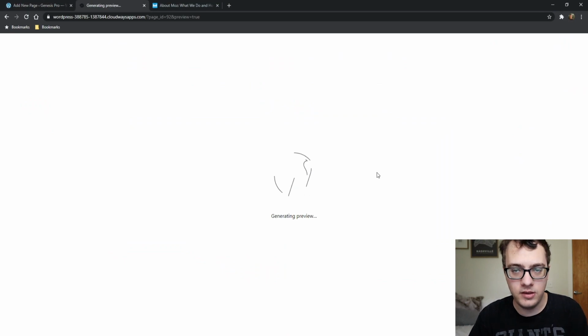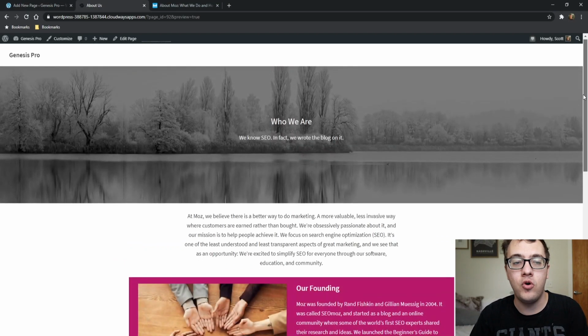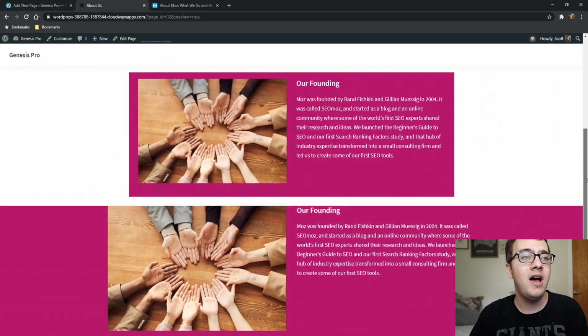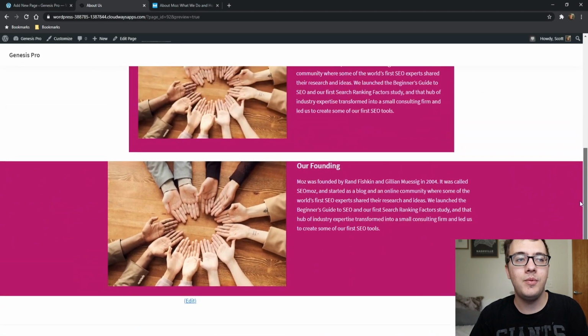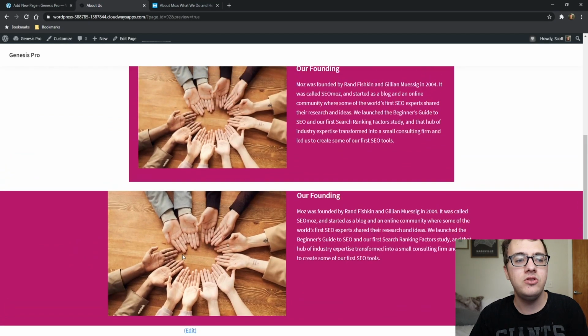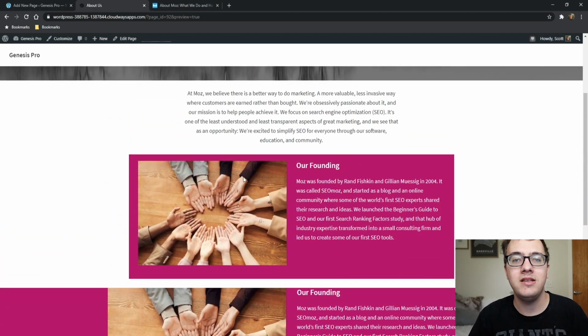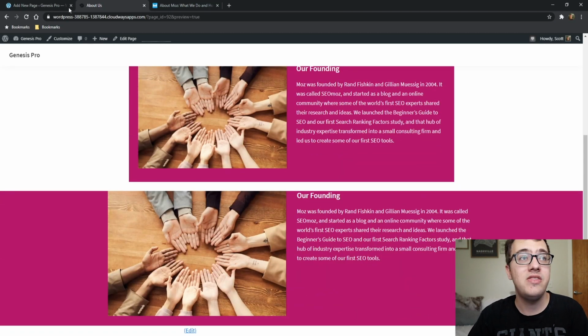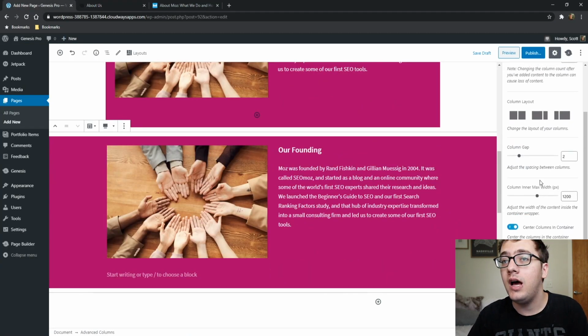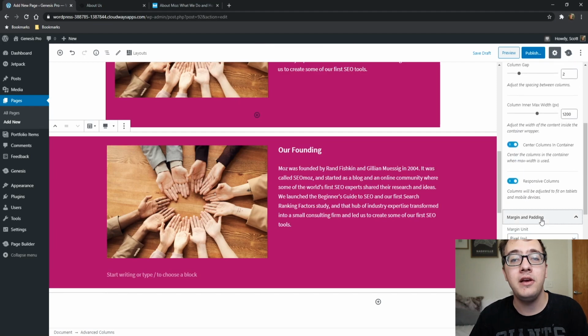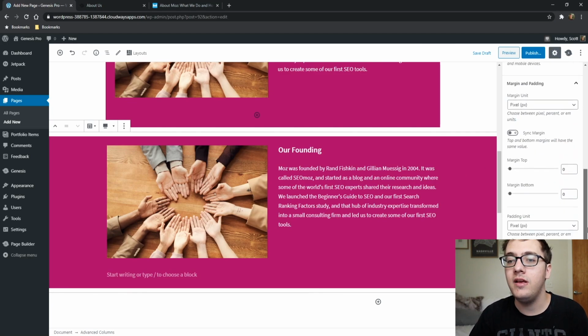And now this is where it becomes quite painfully obvious where the core blocks lack. Right now we have basically the ideal setup. One thing you'll note is that the text here has no default padding, whereas my theme adds a default padding to the columns block. If you want to add that with this real quick, we can do that. The easiest way to think of padding and margin is that padding is the interior of the element. So basically the space between this image and the top of the pink here. Margin is outside the element, so it would be the outside of this container. So we're gonna be modifying the padding,